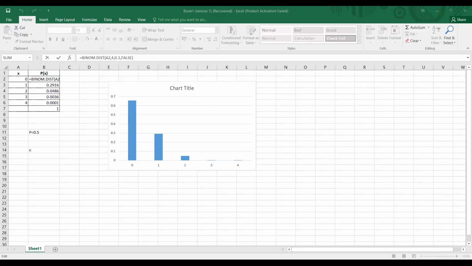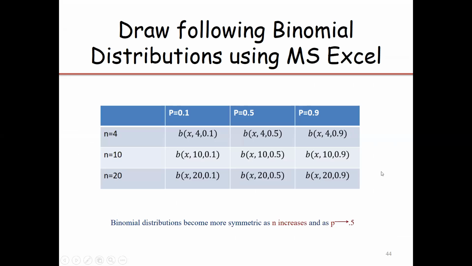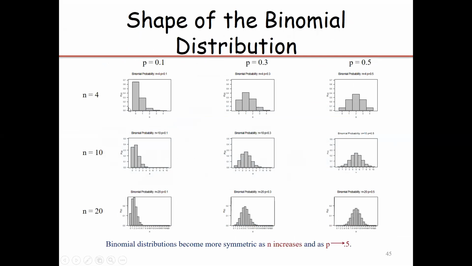You can see these graphs here. These are the different graphs. It is for p is equal to 0.1, p is equal to 0.3, and p is equal to 0.5. You can see that as p is increasing, the graph becomes symmetrical. When it is 0.5, it is symmetrical, just like a non-skewed distribution. And as n is increasing, you can see that the rectangles' widths are smaller. So we have a smaller rectangle when n is equal to 20.